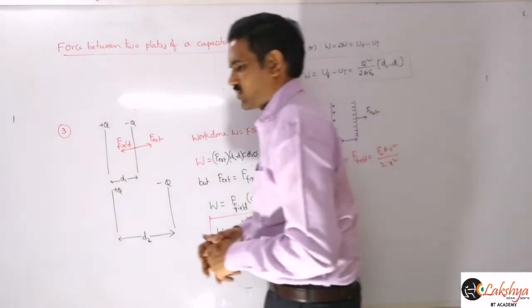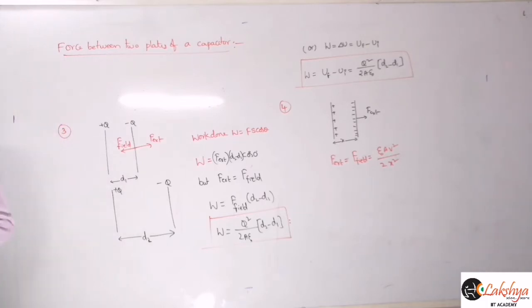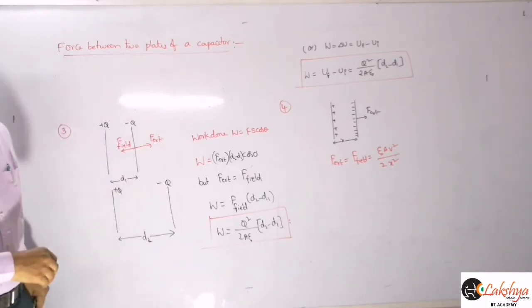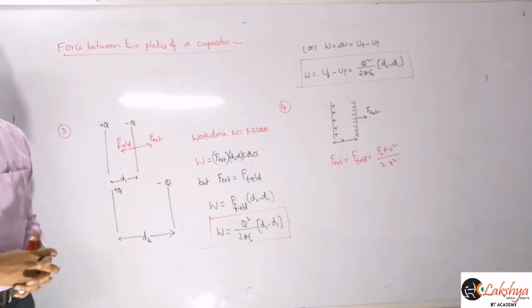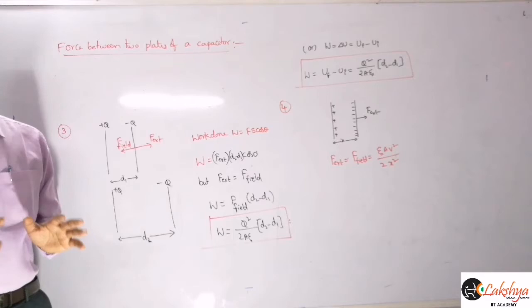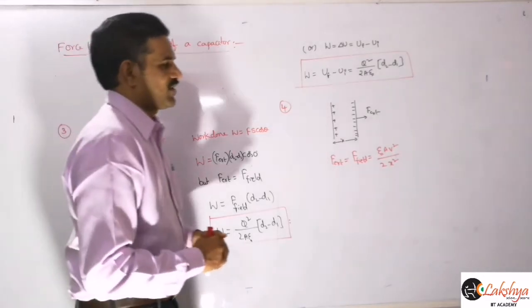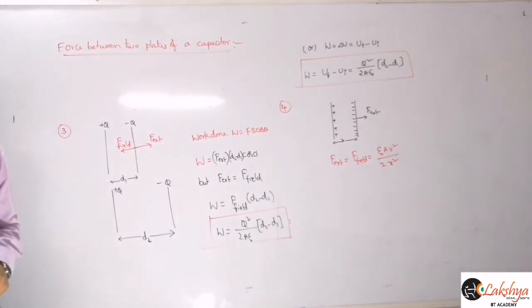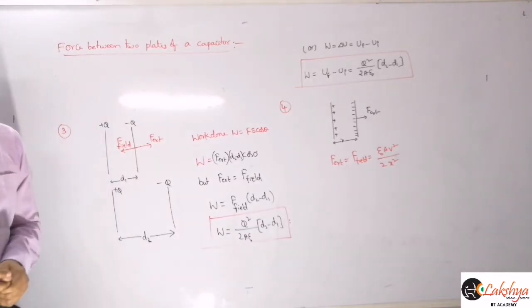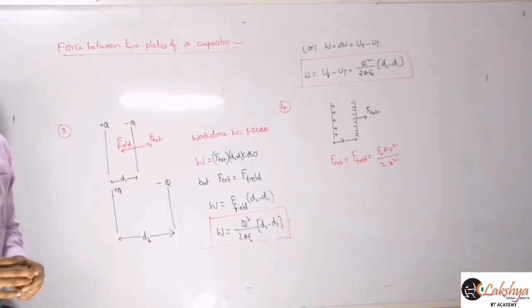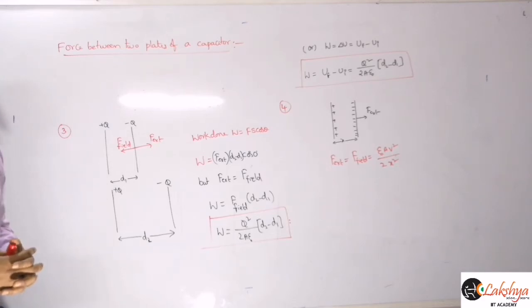When the potential difference across the capacitor remains constant, that is, the battery remains connected to the capacitor, and then we are increasing the separation between the two plates of a capacitor slowly,